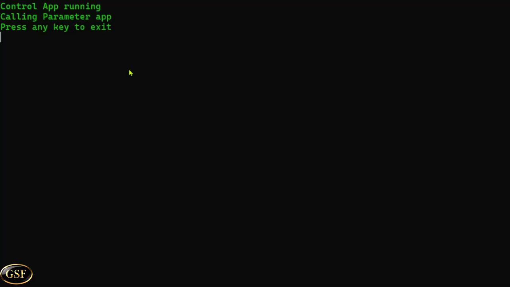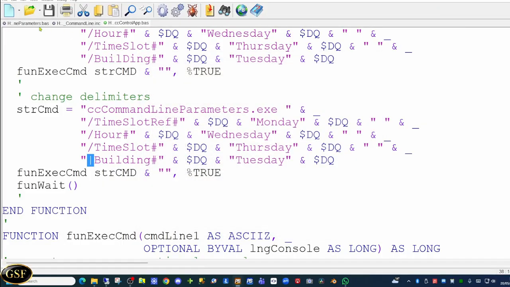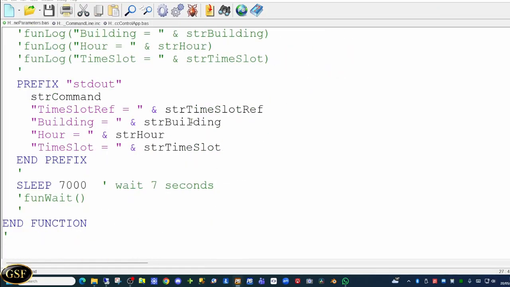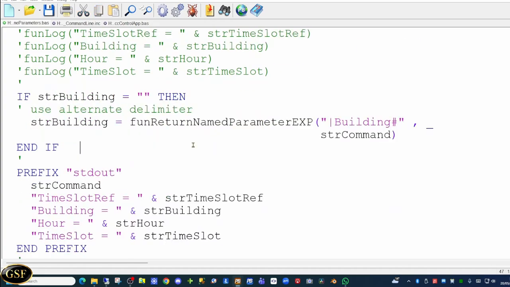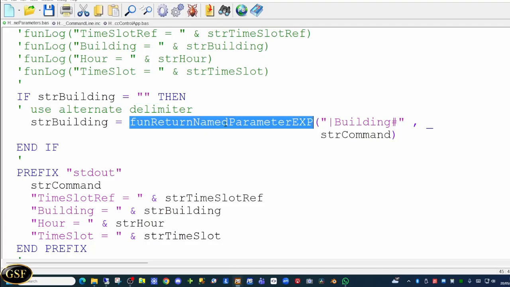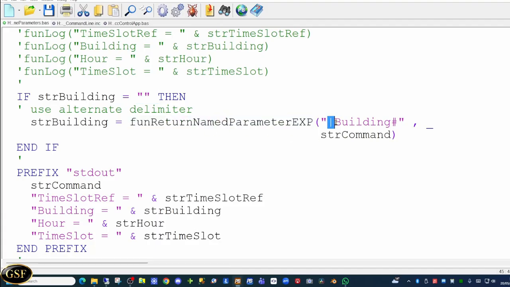This is because we're not handling it in the underlying application. So let's look at the parameters one. So the population of this variable is coming back as blank. We can, of course, test for that. So we're testing the value of the building variable. If it is currently blank, then we're going to use an alternate delimiter. And we're going to call our function once more, but this time with the pipe character as the prefix of the parameter name. So if we recompile our application once more,